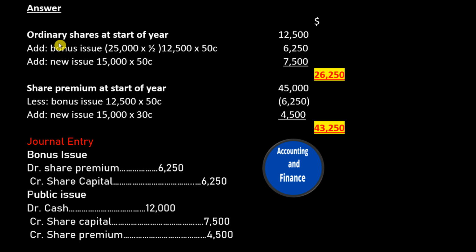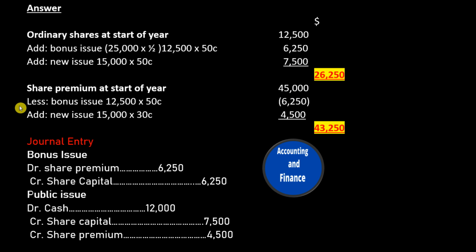Answer. Ordinary shares at start of year, $12,500. Add bonus issue, 25,000 times 1/2, 12,500 times 50 cents, $6,250. Add new issue, 15,000 times 50 cents, $7,500, for a total of